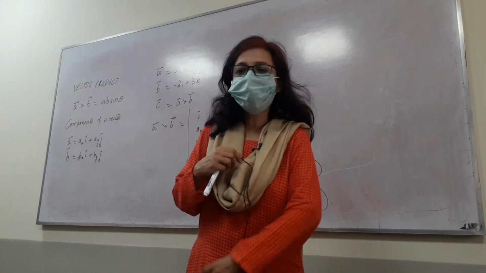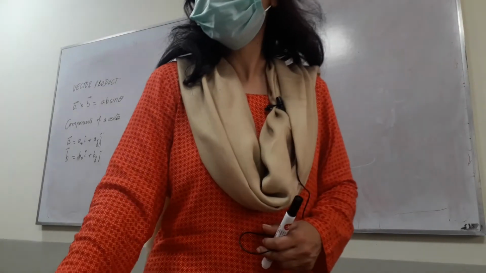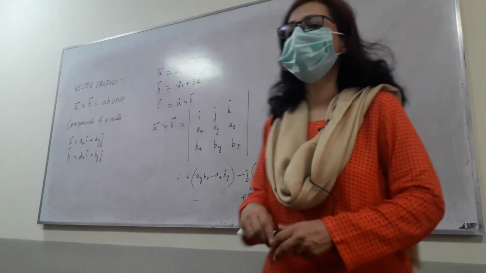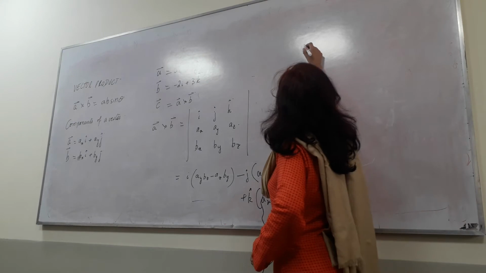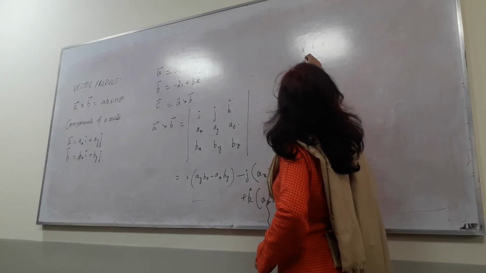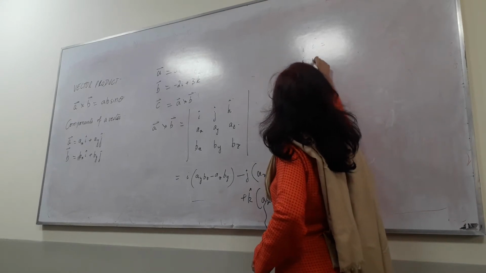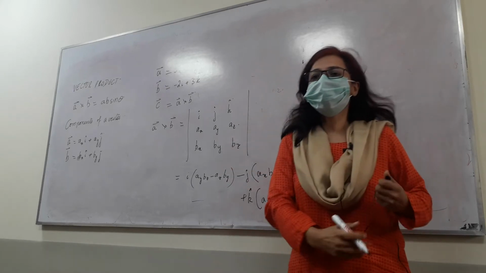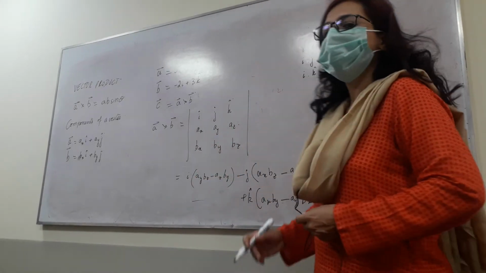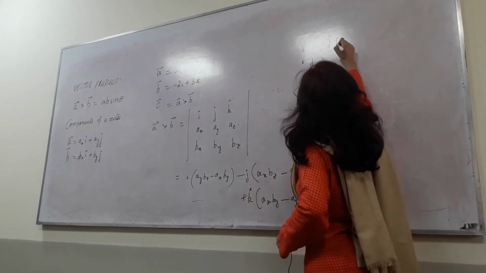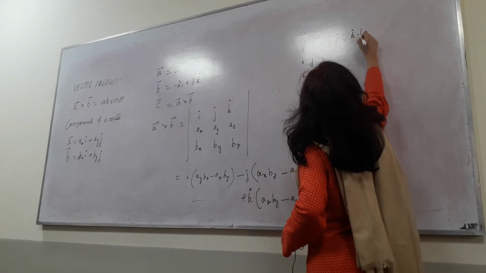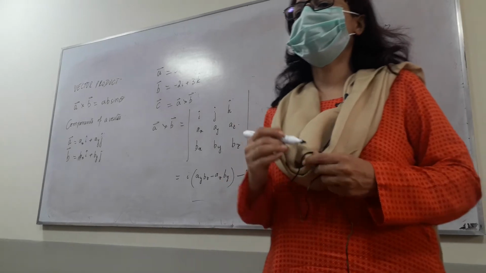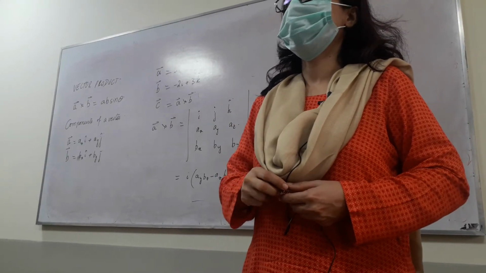Another thing is, if you go to the back of the book, you will find the formulas for the product of unit vectors. I dot i is equal to what? I dot j is equal to what? I dot k is equal to what? So you can find this. So i dot i is equal to j dot j is equal to k dot k is equal to 0, right? Is she correct? No, it's wrong.